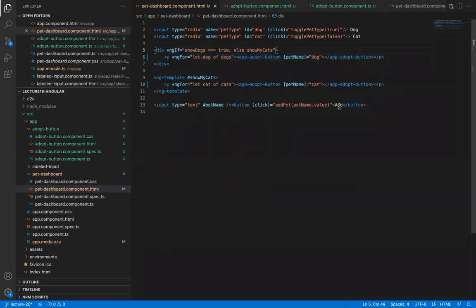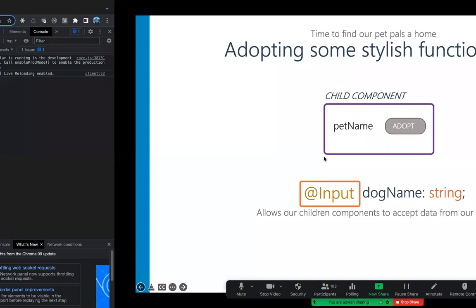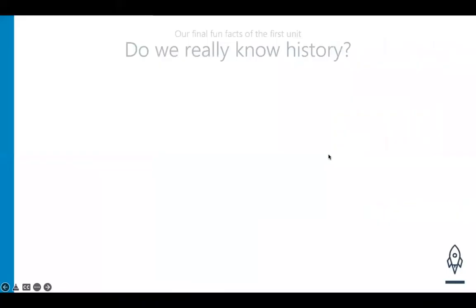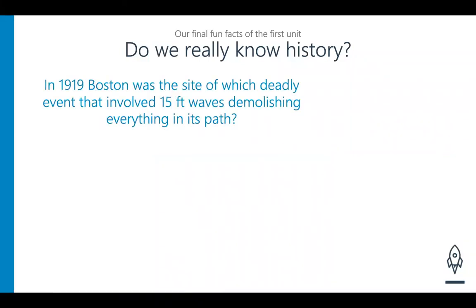Any other questions? All right. Then let's keep on going. The hardest part about the whole entire lecture here, do you all really know history? Let's find out. In 1919, Boston was the site of which deadly event that involved 15-foot waves that demolished everything